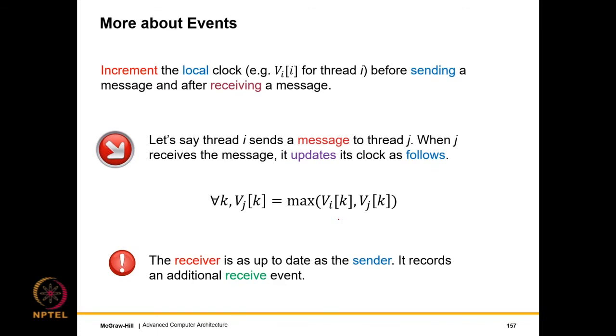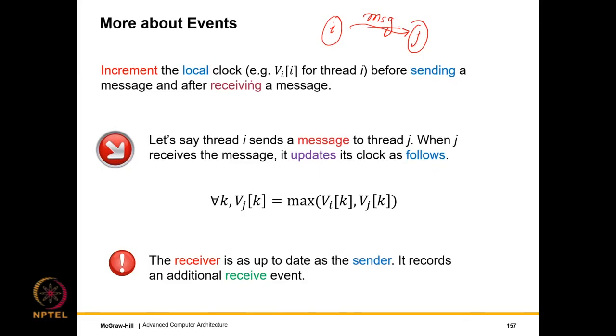So the moment we have such messages, it doesn't matter whether indirectly through memory or directly via a message, a message is sent from thread I to thread J. So here is what we are going to do. The idea is that thread I is sending a message to thread J, where a message is defined in a generic sense, as it was done on the previous slide.